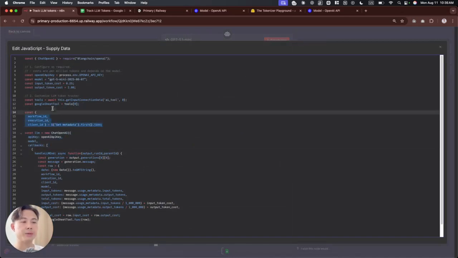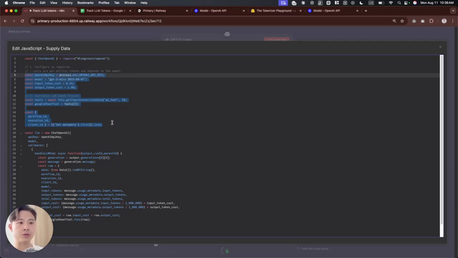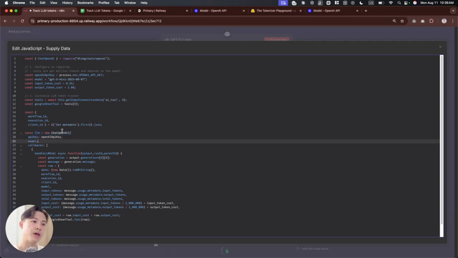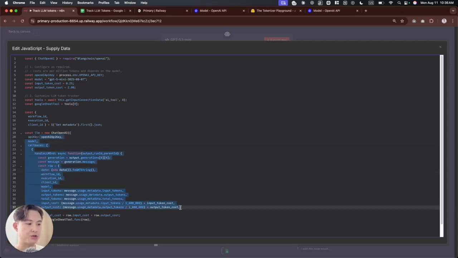And so what we have done above is declare a lot of variables, right? We have gotten all the variables ready, and then here is where we actually invoke the OpenAI chat node. What happens inside here is we're just passing in all the variables that we've declared. One thing I want to call out is this section here, where all the calculations happen for the token cost. You can see that we're passing in the number of tokens both for input and output, and after that we are also giving it